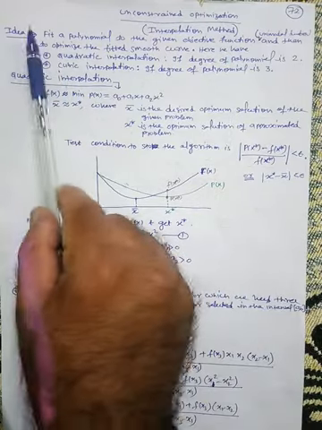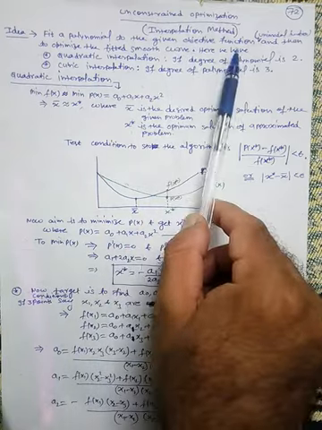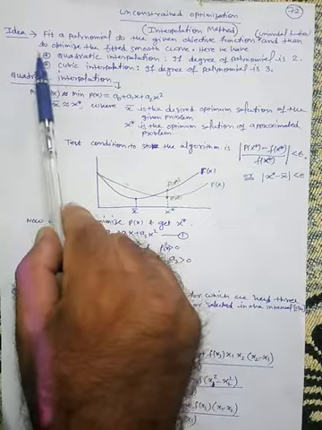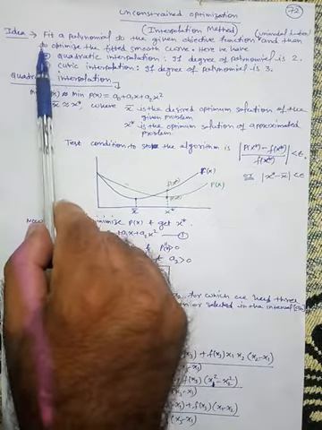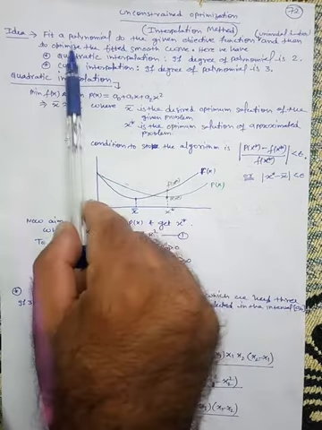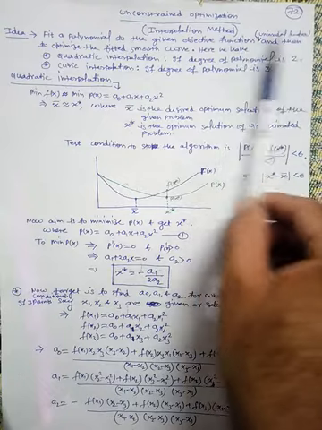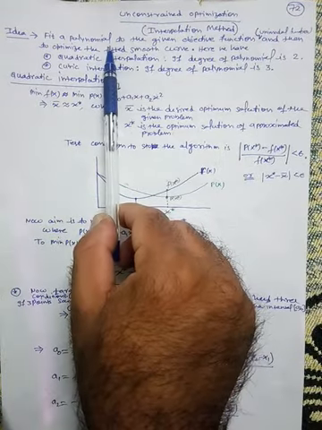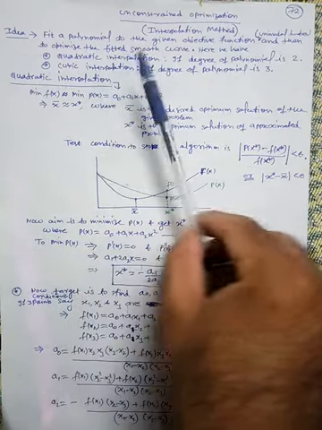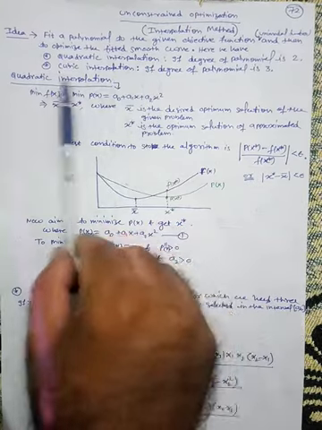The idea is to fit a polynomial to the given objective function, which is obviously a unimodal function, and then to optimize the fitted smooth curve. So we will try to optimize the unimodal function with the help of a polynomial fitted using interpolation methods. Here we have two methods, quadratic interpolation and cubic interpolation.